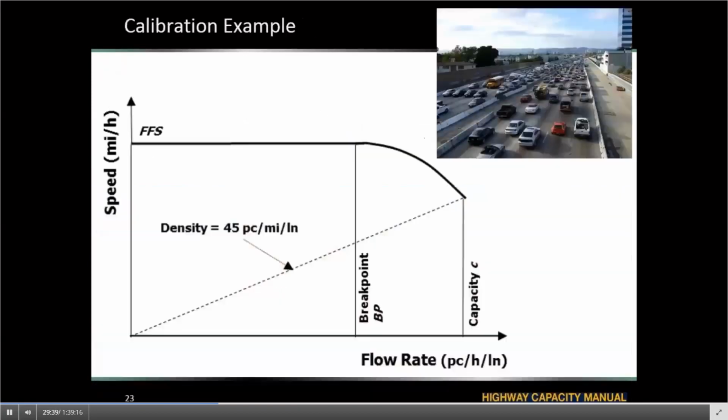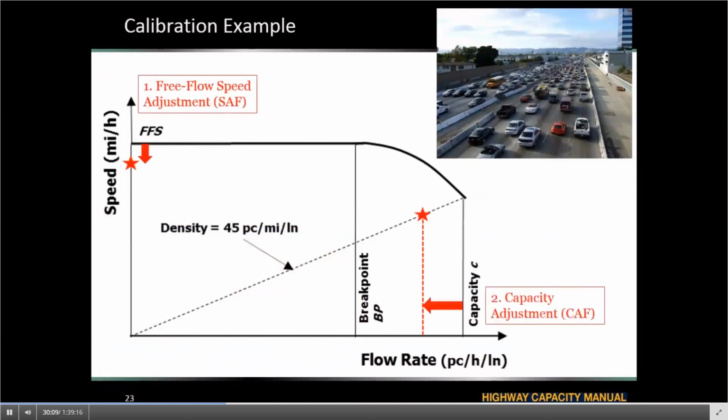new manual. So here I want to give an example of how this adjustment to the speed and capacity works through this unified speed flow model. Let's assume that we have a work zone that impacts our capacity as well as our free flow speed. First, this equation accounts for the free flow speed adjustment, where, as you can see on the graph, the free flow speed is reduced by a certain magnitude.